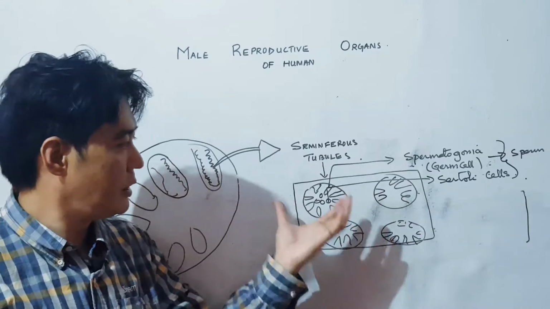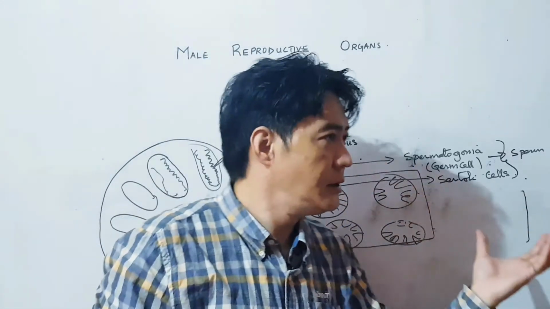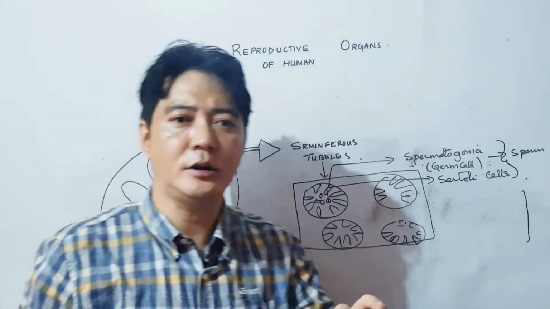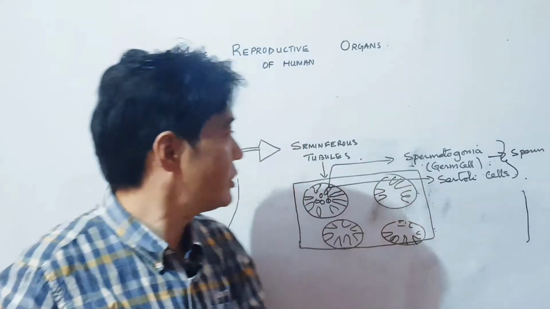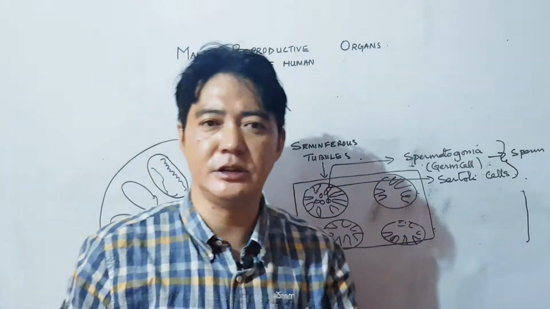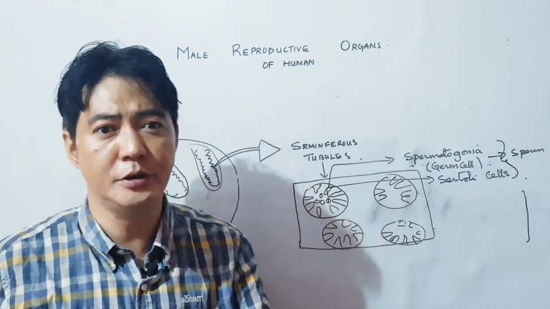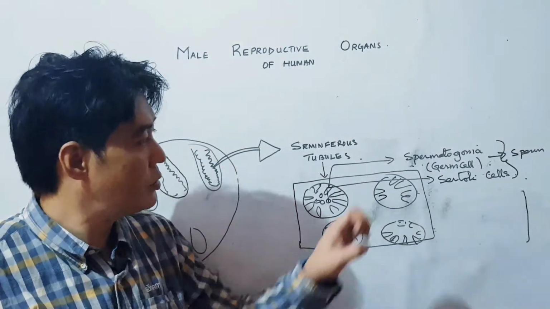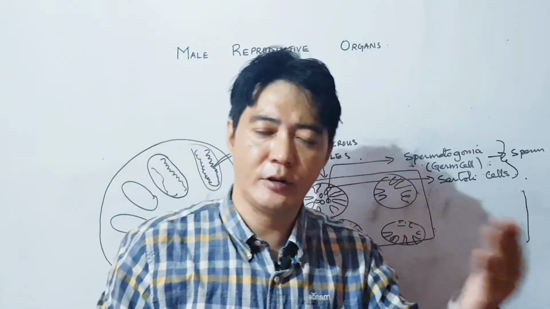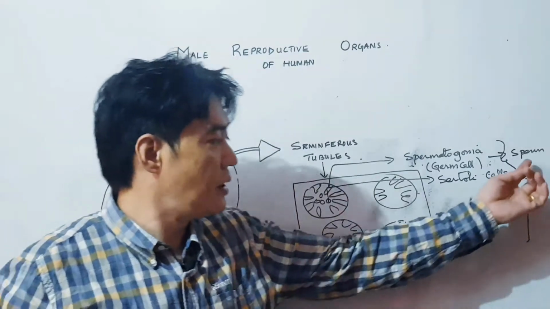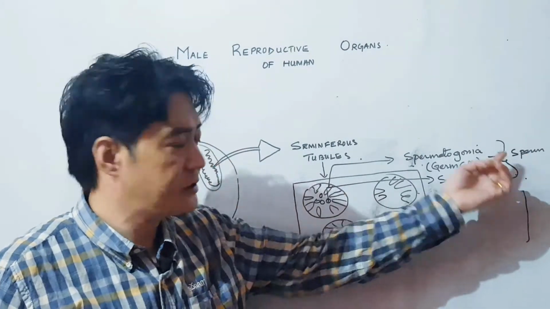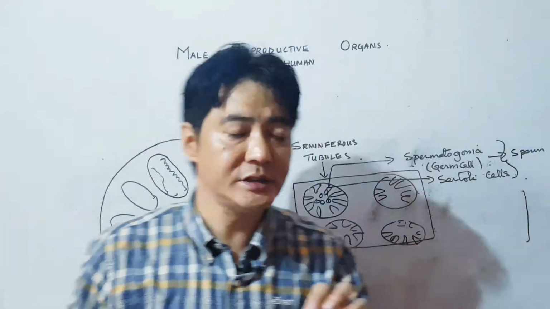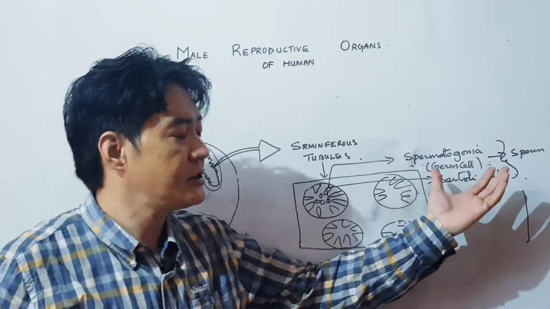The main thing out here you have to learn is that the seminiferous tubules, the major part of the testis, is composed of seminiferous tubules. They are highly convoluted tubules which comprise two cells: spermatogonia or the germ cells, which afterwards develop into sperm, the male reproductive unit, and the nurse cells or the supporting cells, which supply nutrition